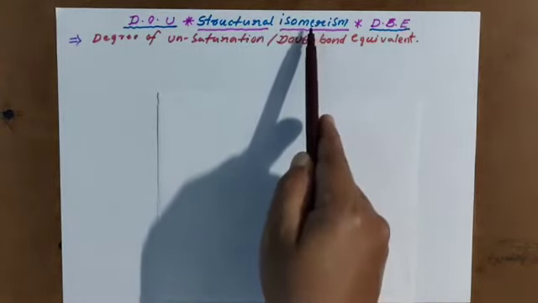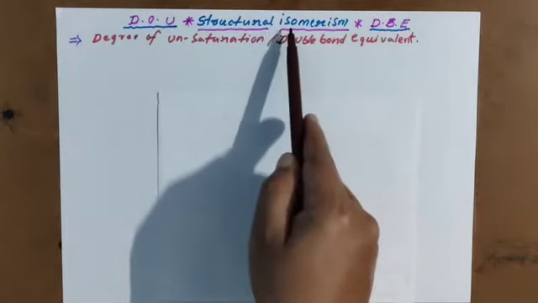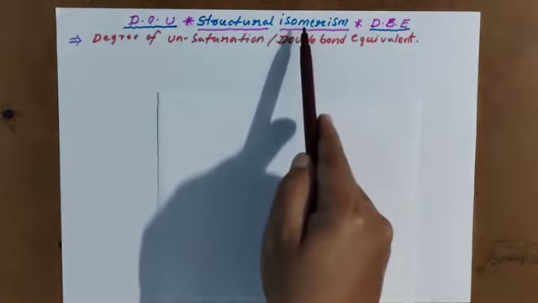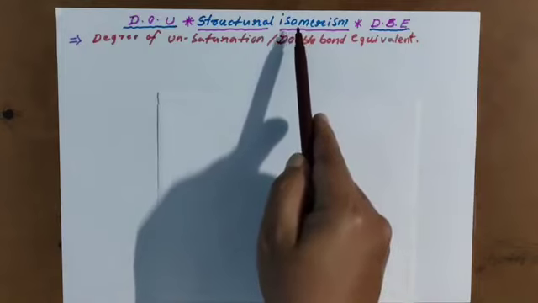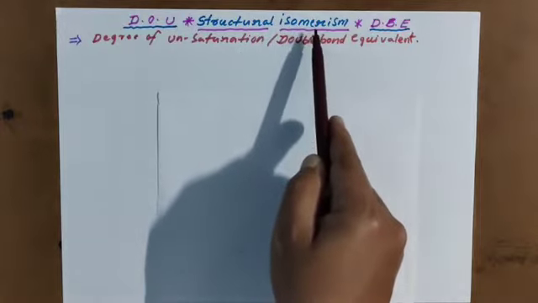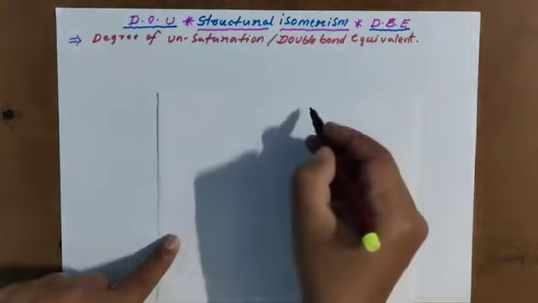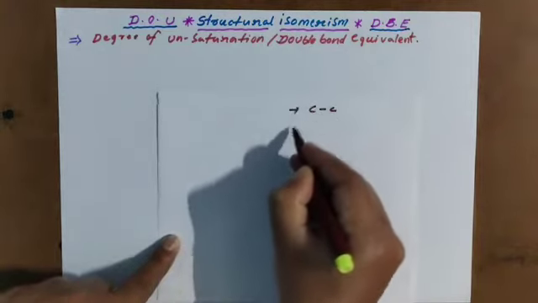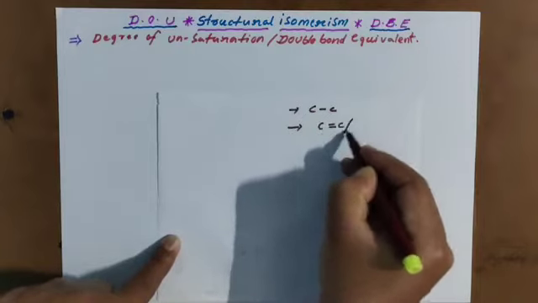Initially we made two videos, and if you watch them, you will get some more idea. Here in structural isomerism, I am discussing unsaturated compounds. In the last two videos I gave structural isomerism for alkanes, meaning carbon-carbon single bonds. Now I am explaining structural isomerism in unsaturated compounds.